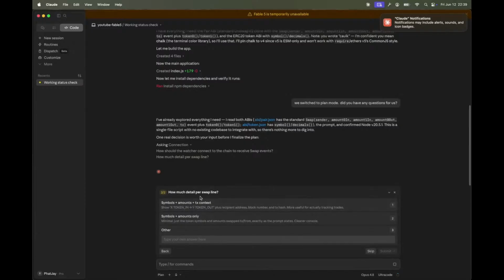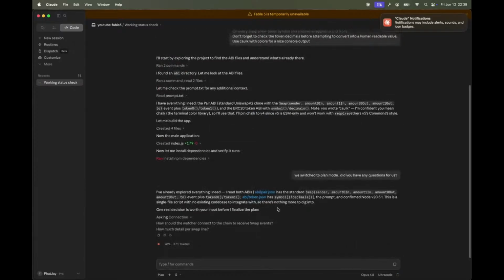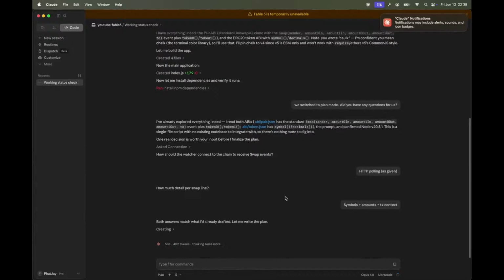And then how much detail to show per swap line. So yeah, symbols, amount, and context. Yeah, in and out. And yeah, that'll work. And then both answers match what I already drafted. Let me write the plan. So it already basically knew enough since we did Ultra Code there. It already knew enough of what it's asking, because this was in the end a pretty simple ask